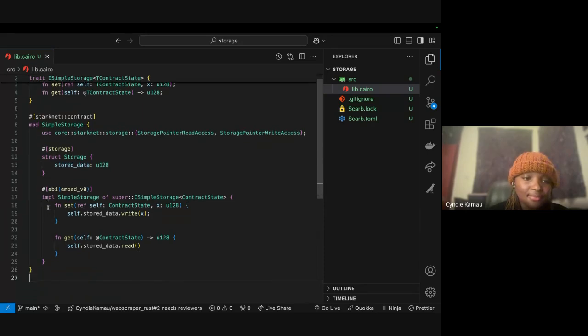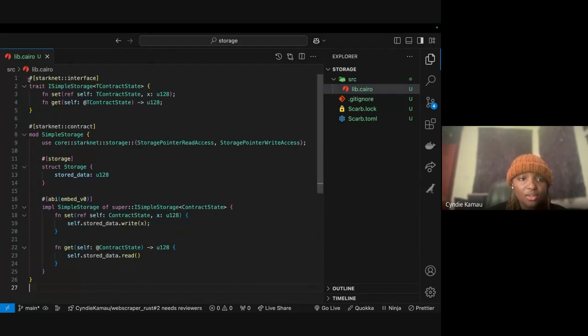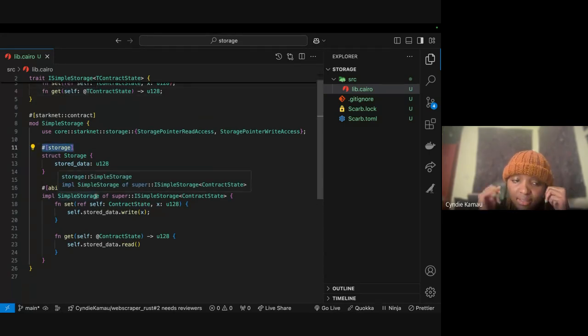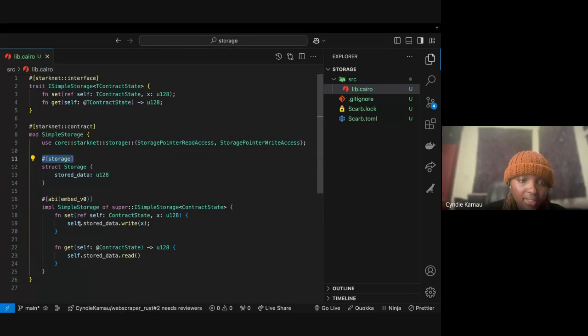So like I said, before we even talk about the interface here, I have two things which are important: storage, and the functions which you want, right? So before we continue, what can you see here? First of all, like I said, always remember, when you see this, we're giving the compiler more information, right? So we have two things here: the Starknet interface and the Starknet contract.